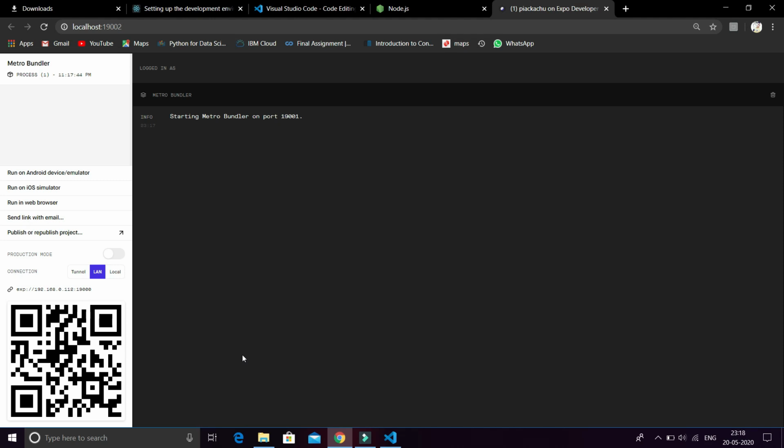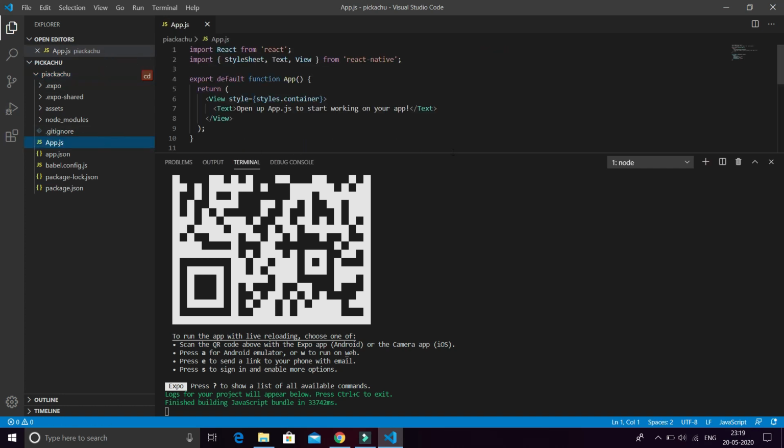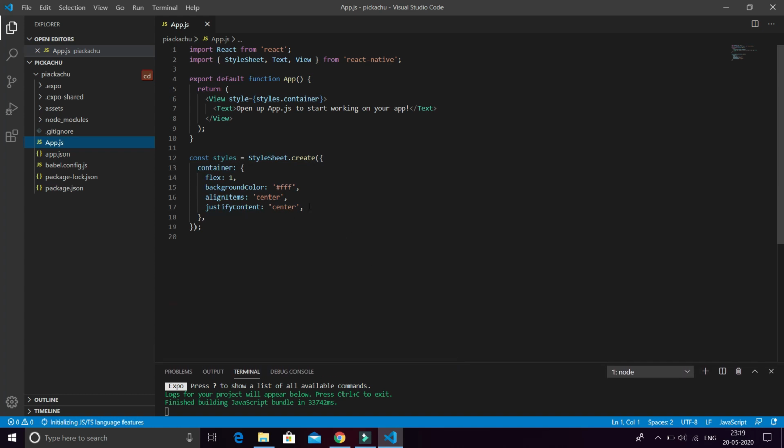When you click on scan QR, you see it will start building something. Let's see some code inside this. Okay, see App.js, and we put the terminal somehow down, and we see in our app which is running on our Android device, it shows: open up App.js to start working on your app.